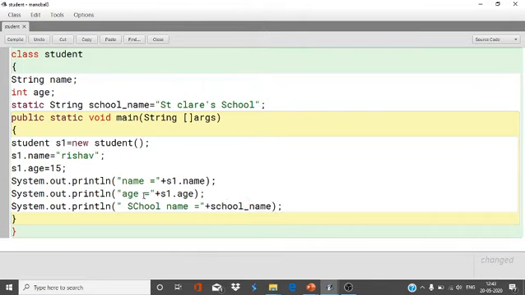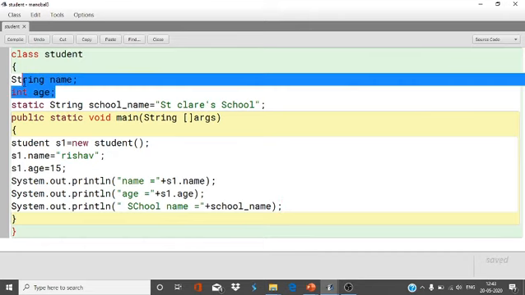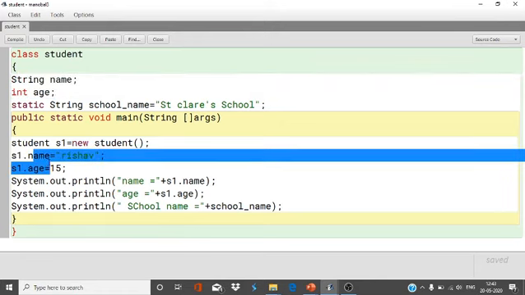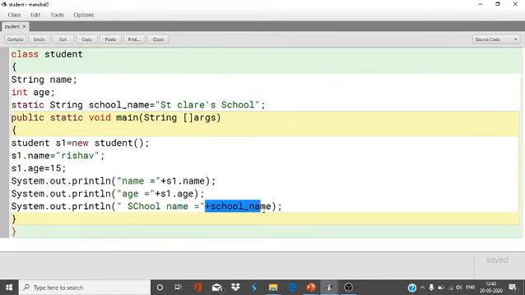Directly we can call this variable, because it exists throughout the program. See, this is the class variable, and this one is the instance variable. We call the instance variable through the object, but the school name is the static variable, so directly we can use this.